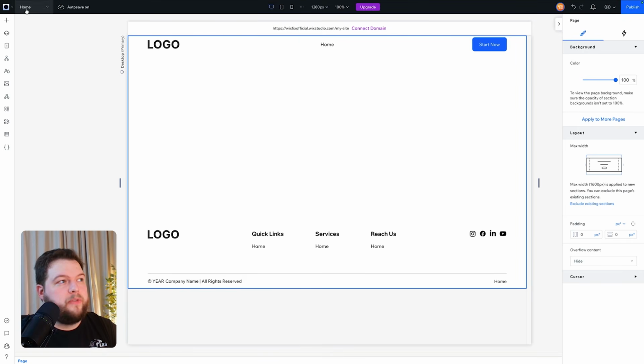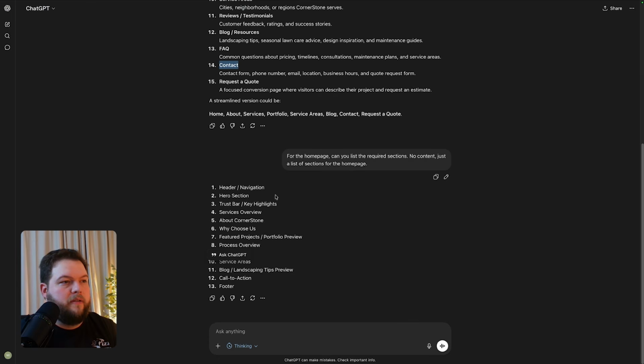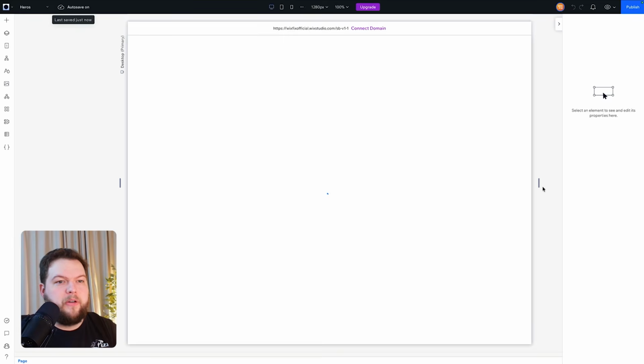So I've switched back over to the home page, and now we can start adding the sections that ChatGPT recommended. For example, we already added the header and the footer, but now we can start adding the hero section, the highlights, services, about, why choose us, and all of these different sections. So first and foremost, let's grab the hero section. So we're going to come back over to the Studio Blocks template, switch on over to the heroes page,